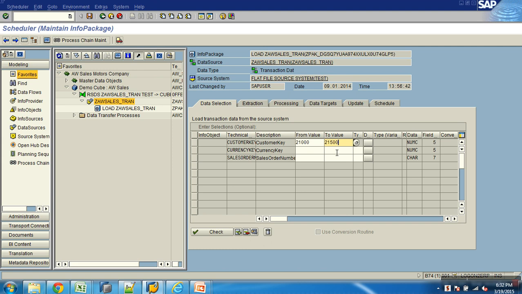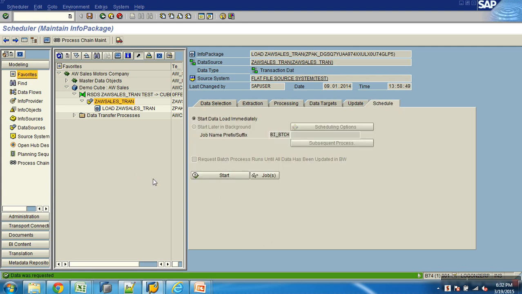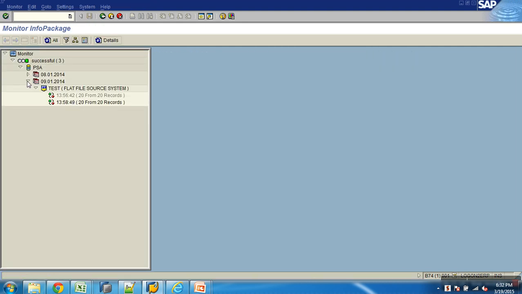So when I want a range, I can give it like this, from value to value. Understand? From is the low value, to is the high value. So I would like to extract all the customers where the number is between 21,000 and 21,500. Whoever satisfies that will come in.